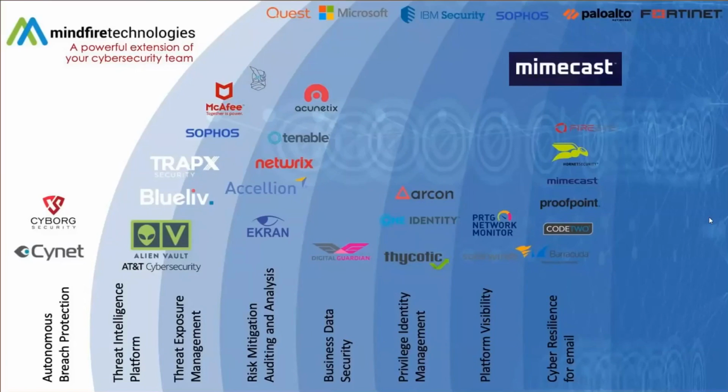Mimecast is one of our key partners, and we help many of our customers protect their enterprise with Mimecast email resilience services. I'm also looking forward to this webinar to have more insights on DMARC, and Mimecast is a very unique company when it comes to email resilience, because it keeps on adding to its portfolio along with the technology roadmap and challenges. So every other day, new inventions come to the product portfolio. Thank you, Bulwark, for arranging this webinar. Over to the Mimecast team for the session. Thank you.